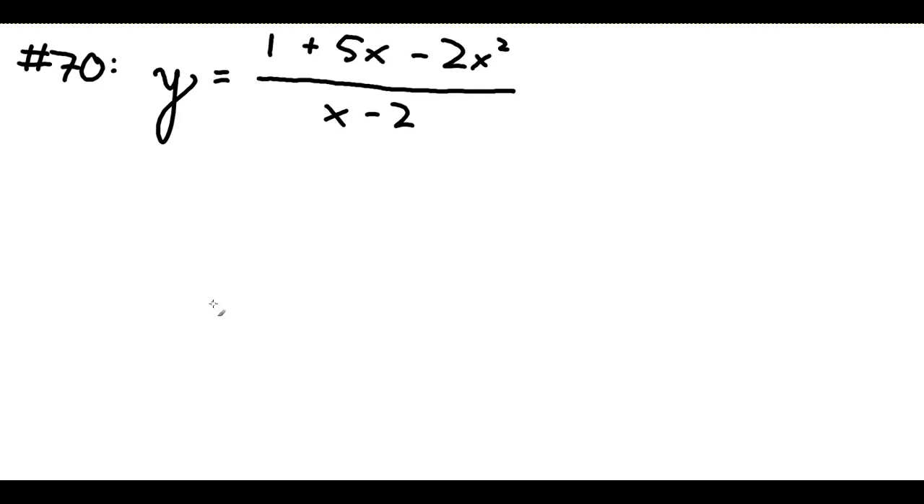Let's take a look now at exercise number 70, a rational function where y is defined to be equal to 1 plus 5x minus 2x squared divided by x minus 2. And as in my previous video, we will walk through the key points that are listed in this section in